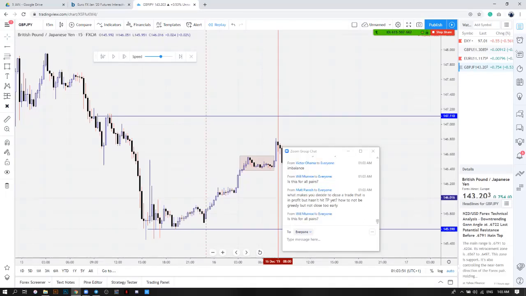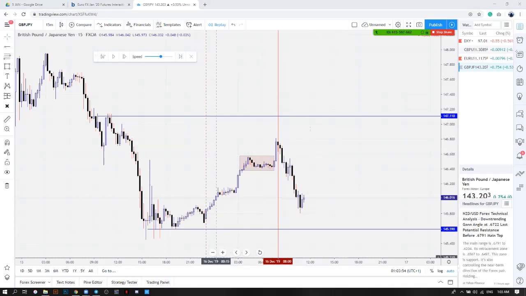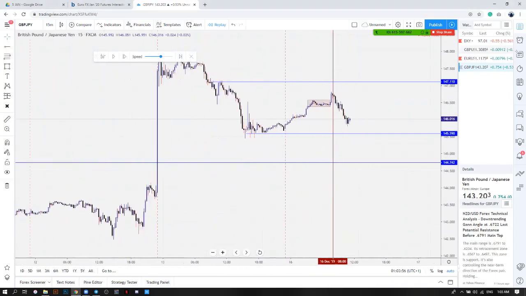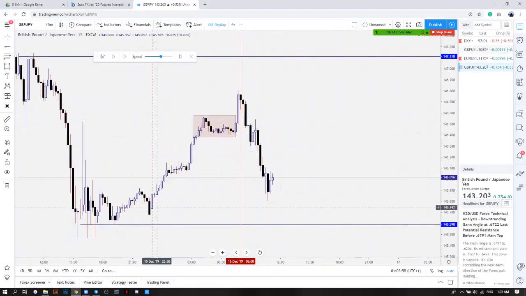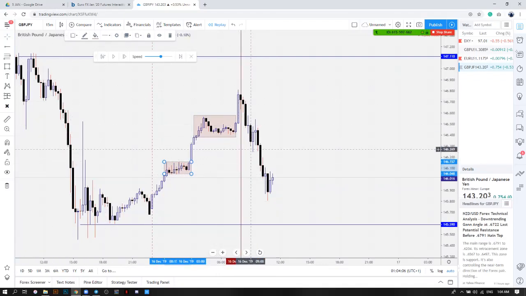What makes you decide to close the trade in profit, at TP? Oh, it's not really closing early. What I would have done in this scenario is, once price gets below this first range, I'm closing 40%, not everything, 40%, then I'm moving to break even. I'll close 40%, move to break even, then leave it for the market to go down.